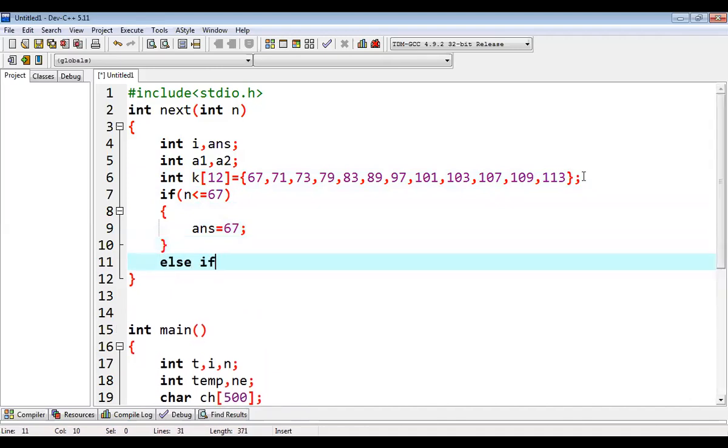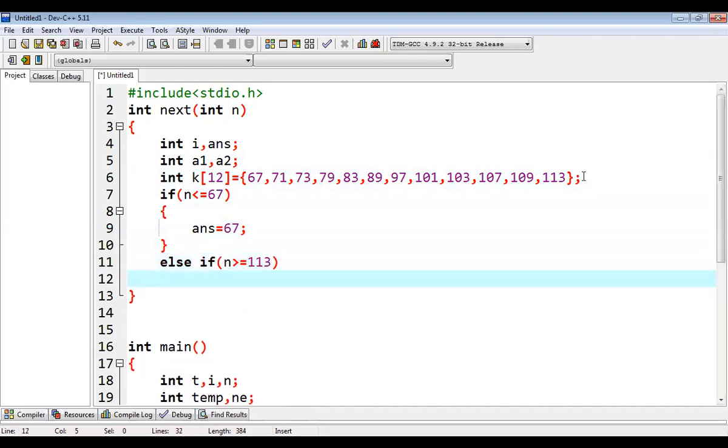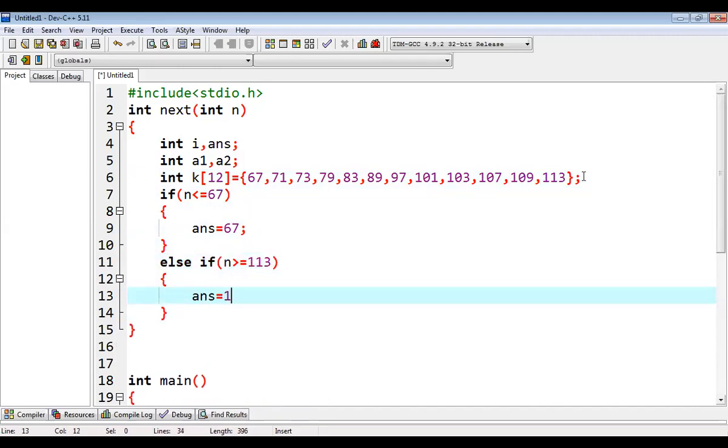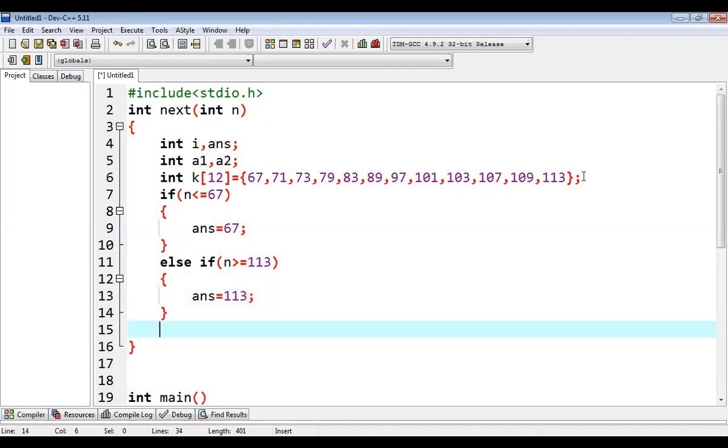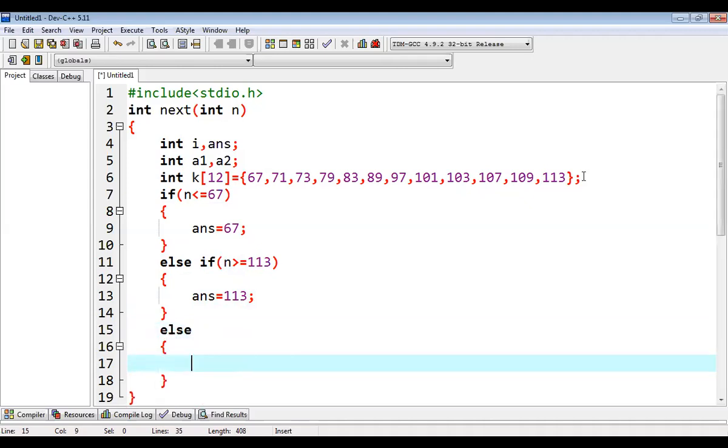Else if the second condition is 113, then the answer will be 113. Then the third case is the main case. We have to match it with this particular array that we have maintained of 12 prime numbers.